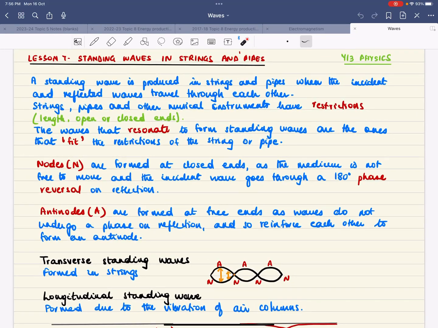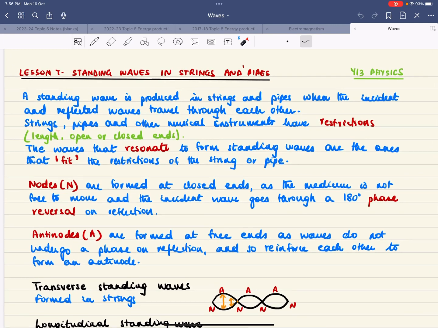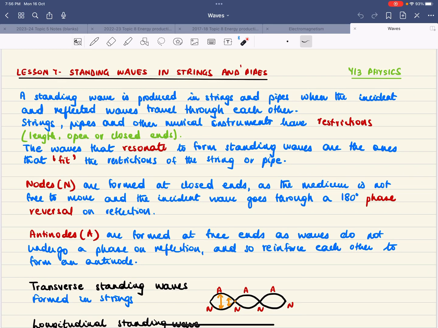This is lesson 7 for year 13 physics, and it's about standing waves in strings and pipes. A standing wave is produced in strings and pipes when the incident and reflected waves travel through each other. Strings, pipes, and other musical instruments have restrictions, which means it depends on the length whether the ends are open or closed. The waves that resonate to form standing waves are the ones that fit the restrictions of the string